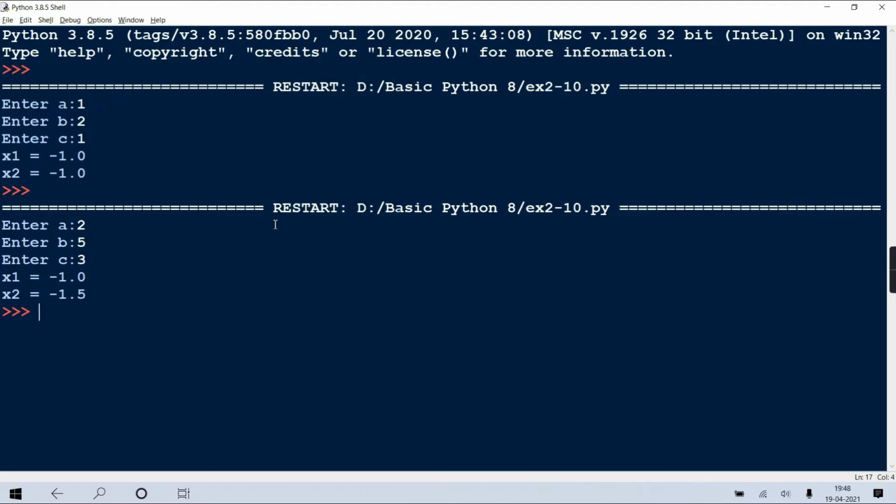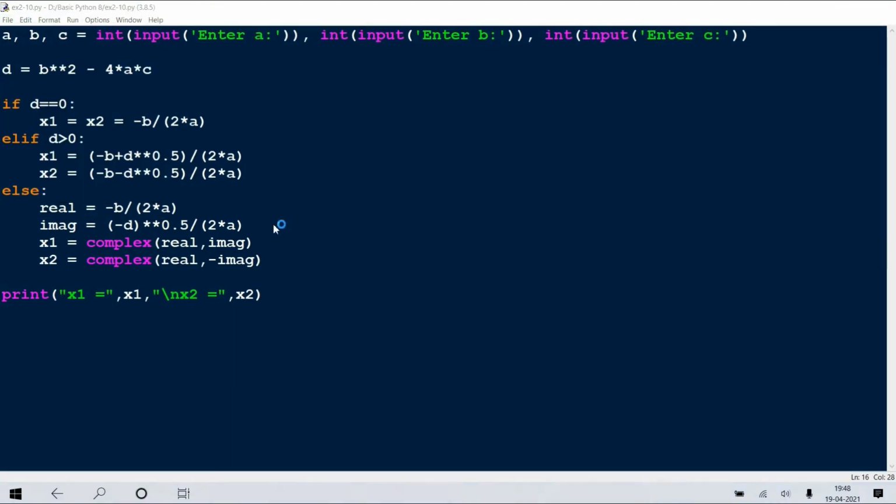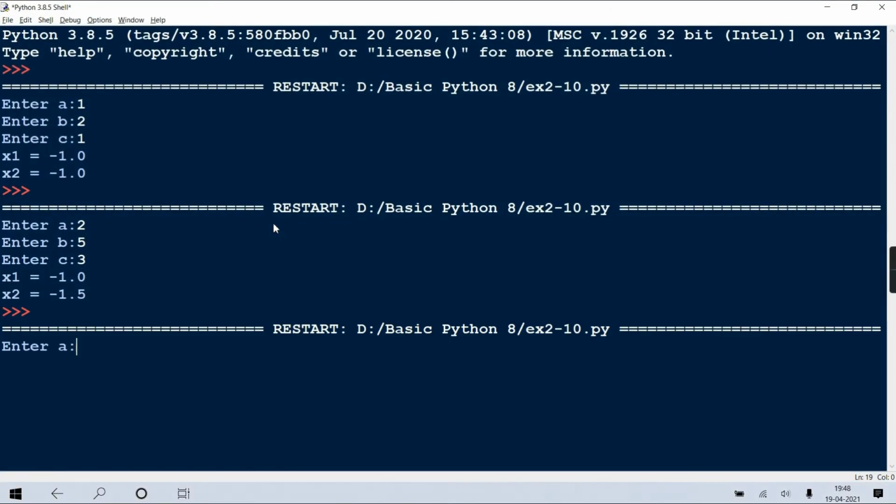Two solutions. And suppose I give another case. Suppose I'm giving 4, 2, 5. So here, sure, it's going to be negative. So you'll get two complex numbers, two complex conjugates. Yes or no?